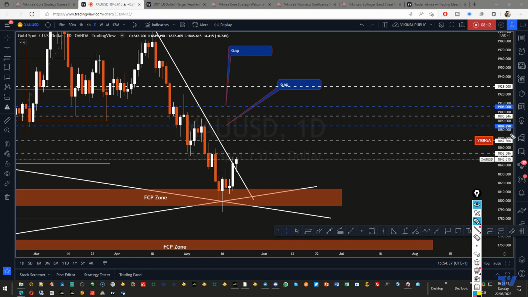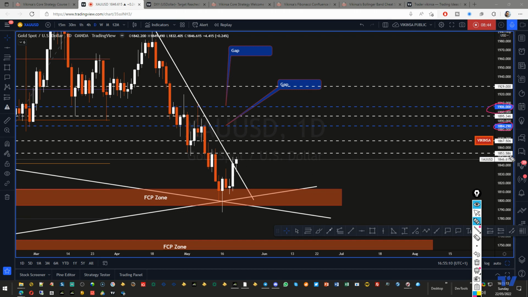Now, there is a gap available around 1884.290. You know that gold never leaves any kind of gaps open, so at some point in time gold is going to come there and close that gap. It doesn't matter, we do not know whether that's going to happen today, tomorrow, this week, next week, next month, next year, or in a few years, who knows. But you should be aware that there is a gap available at 1884.29, and a similar sort of gap is available around 1906 as well. So these are the levels here. Let's look at them one by one.